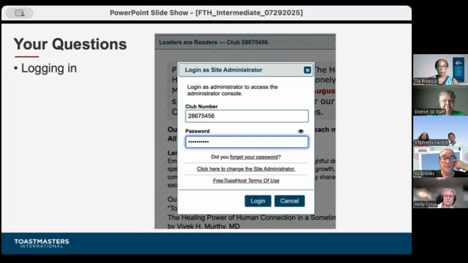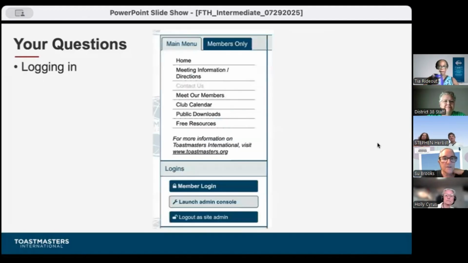Next, after you log in successfully, you're taken to this part of your login on the main screen, and you're asked to launch the admin console. So instead of 2 buttons, you now have 3.